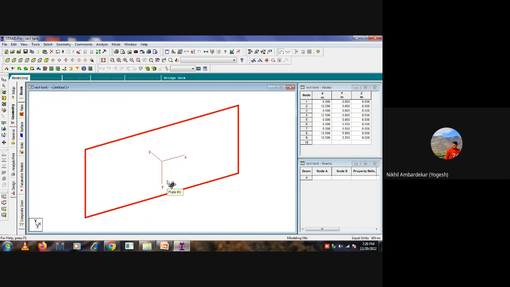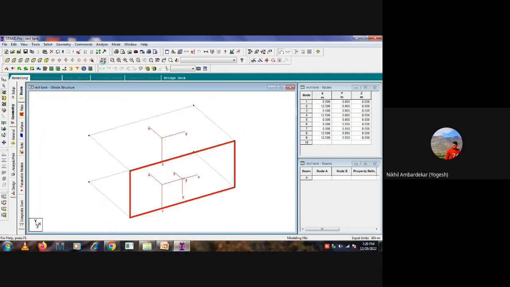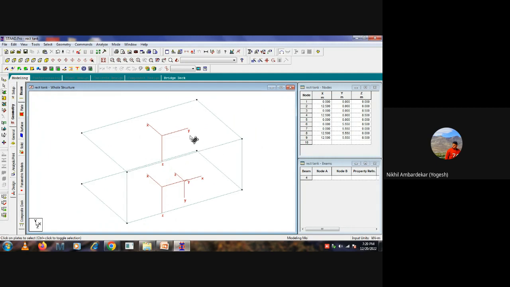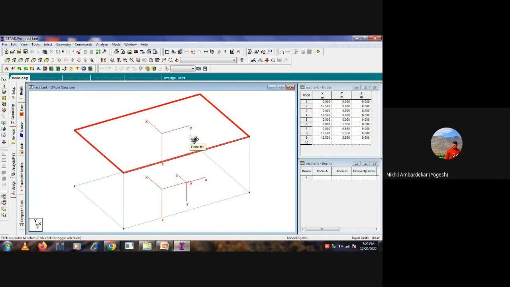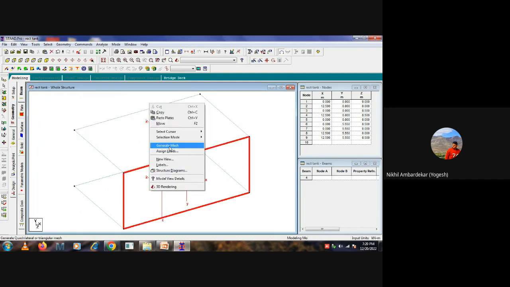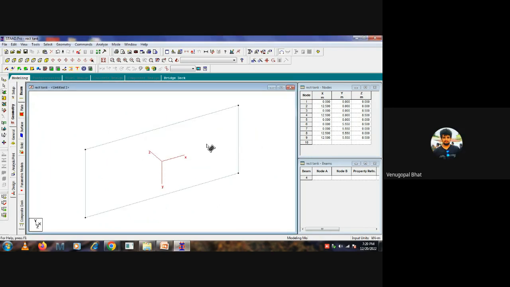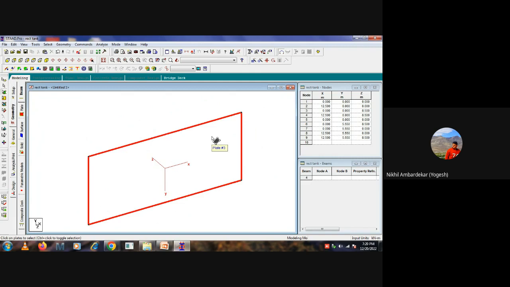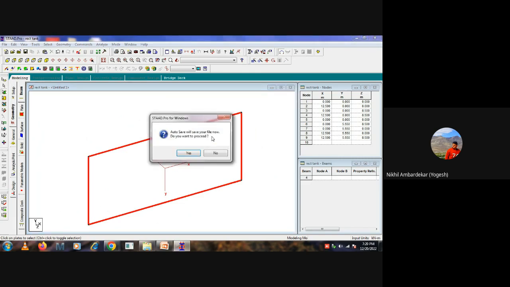Clear? Any doubt between local axis and global axis? No, sir. Okay. So again, I will open the model. I will delete this, or maybe we can keep it as it is. But for modeling purposes, we must consider this because we have to apply the loads on the wall, correct? Sir, can't we apply the load on the global axis? Yes, we can apply the load on the global axis, but